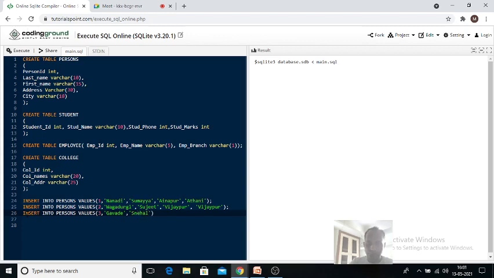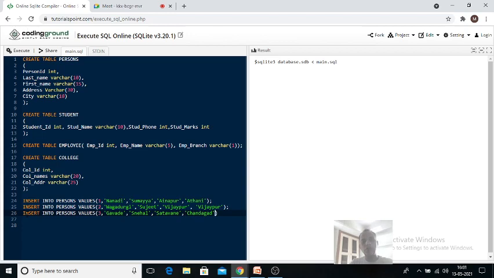Then comma, Satavane. Comma, Chandigarh.